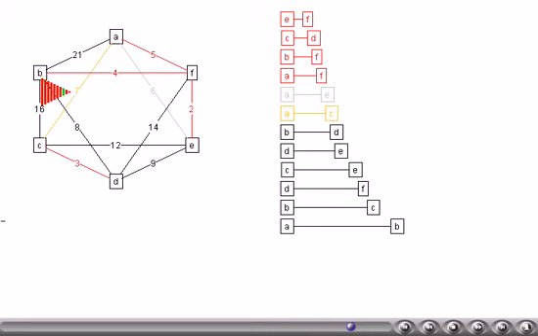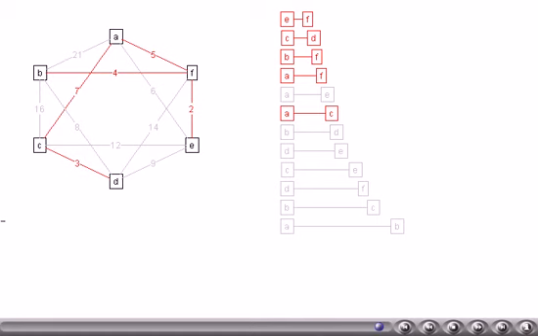Now the next smallest edge AC is selected. However, its inclusion is not going to give any cycle in the minimum spanning tree, thus it will be retained in the minimum spanning tree. As this graph contains 6 nodes, the minimum spanning tree is going to have only 5 edges, that is 5 smallest edges. By now we have found the 5 smallest edges are EF, CD, BF, AF and AC. They make the minimum spanning tree of this graph.